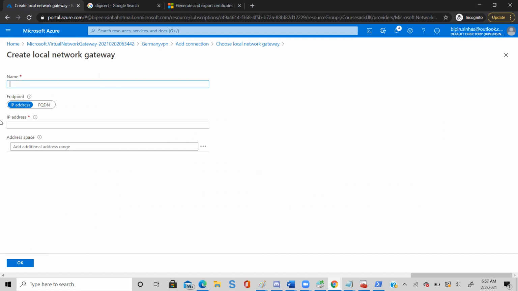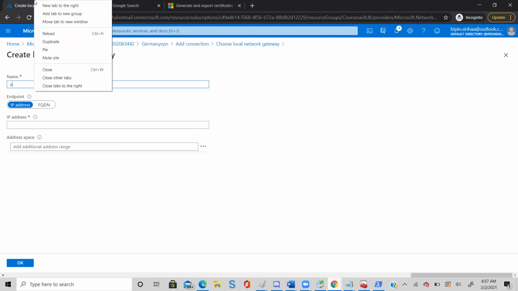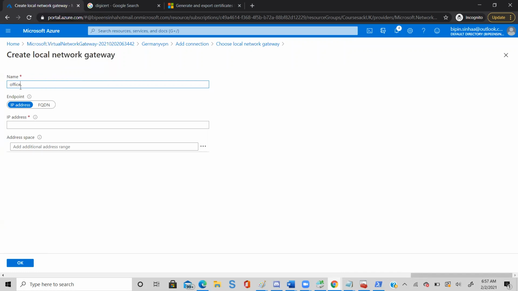Give it a name, office firewall. Since we do not have any office firewall, we are actually just going to try giving some IP to it.